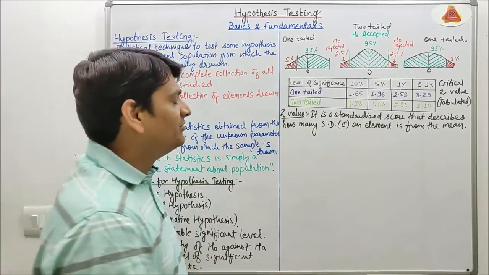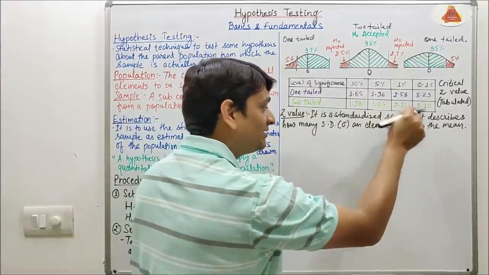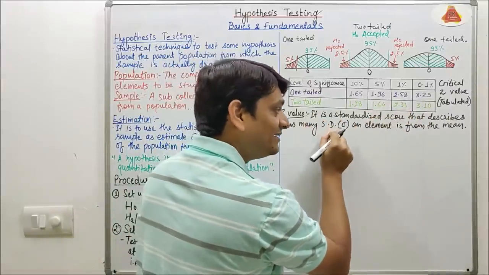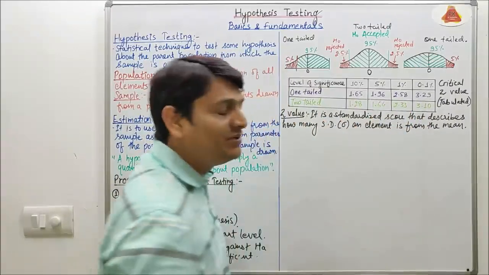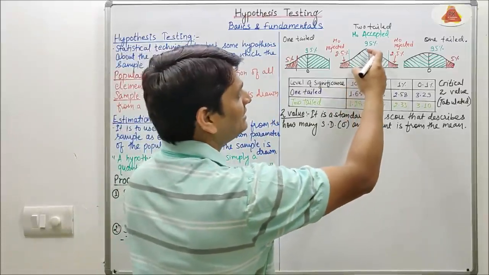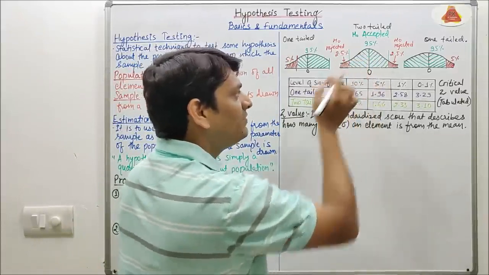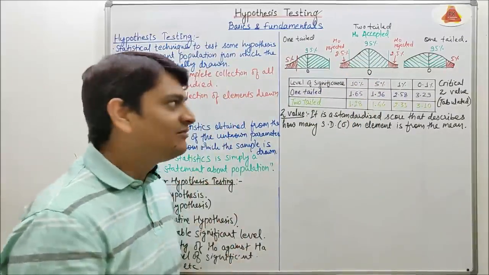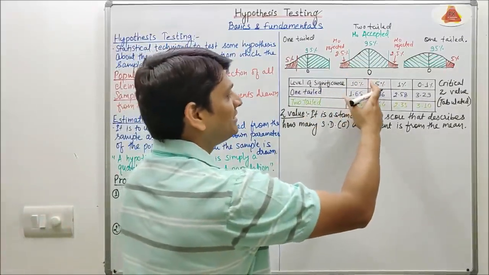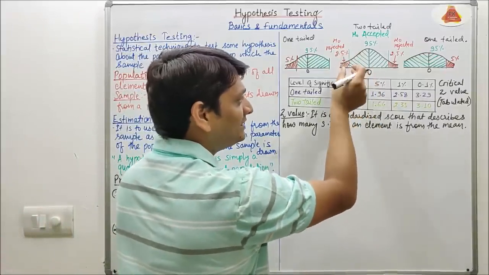And what is Z value? It is a standardized score that describes how many standard deviations an element is from the mean. For example, if this is the mean, then from here to here how many standard deviations will be covered. If we are taking a 5% level of significance, then this will cover